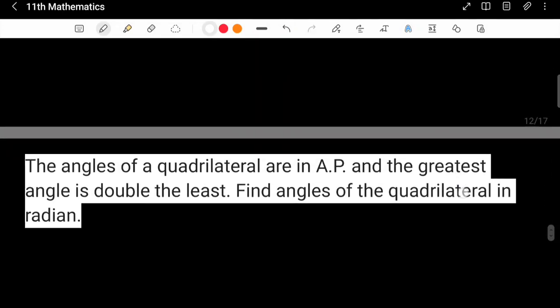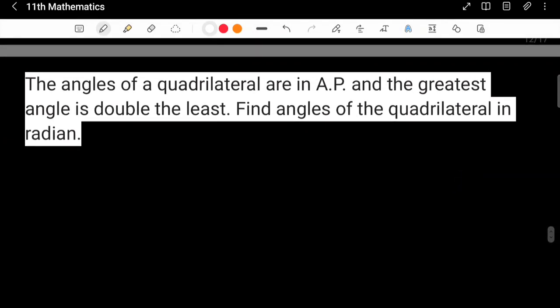Let's move on to the fourth question. Okay, very good question. A little bit of solving is required in this question. Angles of a quadrilateral are in AP. Now, what is the meaning of AP? AP is the abbreviation for arithmetic progression, which means that we have a few terms and each subsequent term is